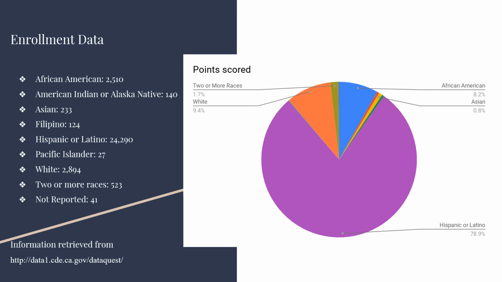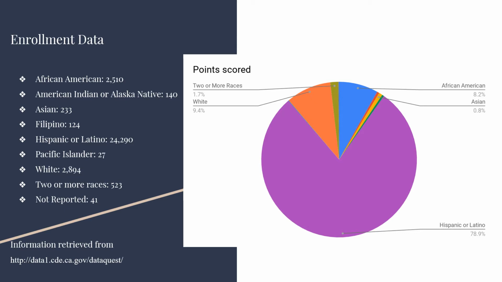Here we have student demographics. The main portion that makes up the population for the Bakersfield City School District students are Hispanic and Latino students, sitting at 78.9%. The next largest would be white or Caucasian students, sitting at 9.4%, and then African American students